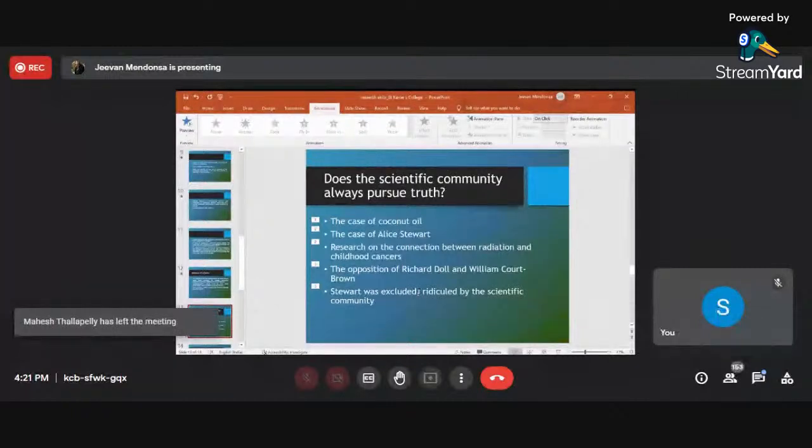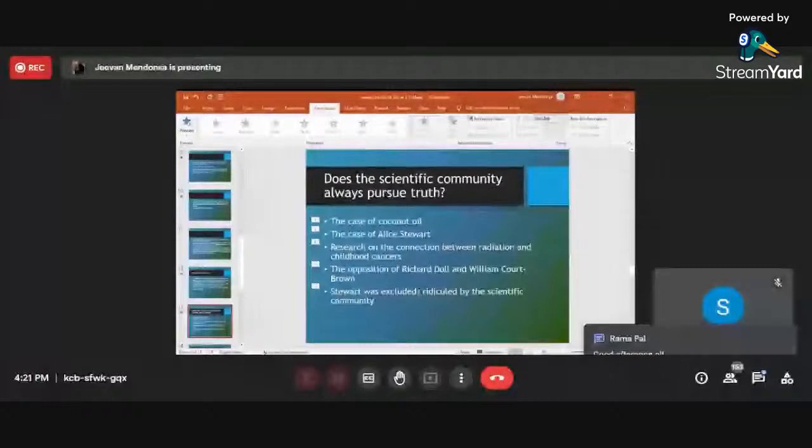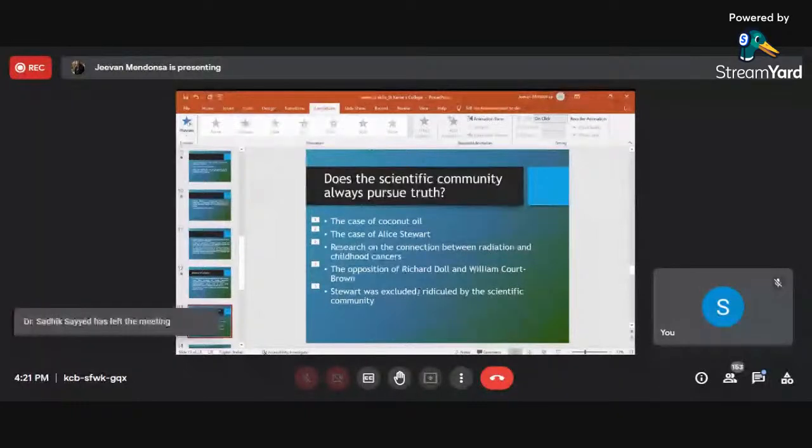And finally, it came out that Richard Doll was receiving lots of money from these companies. And that is a scientist receiving money from the companies to publish that there is no connection between the X-ray radiation and childhood cancer. But eventually the truth could not be hidden, and Stewart was very much right, though it